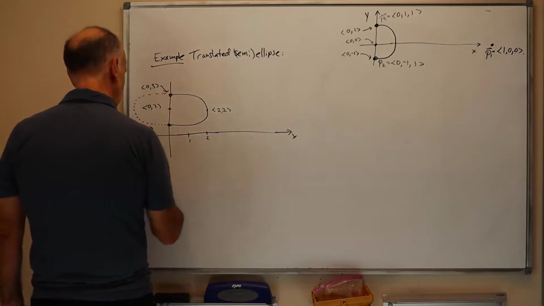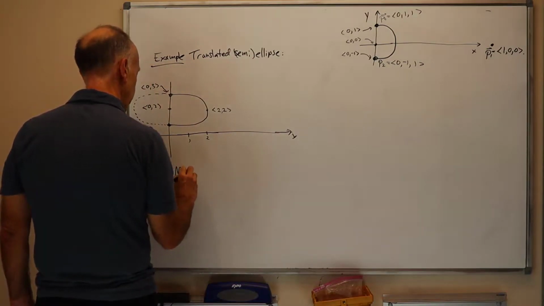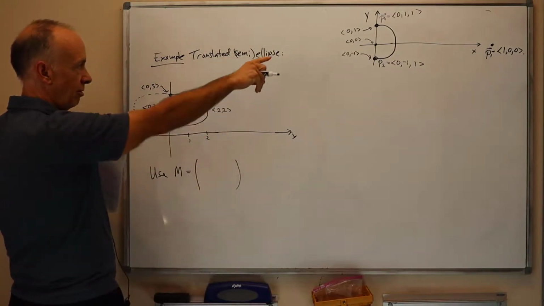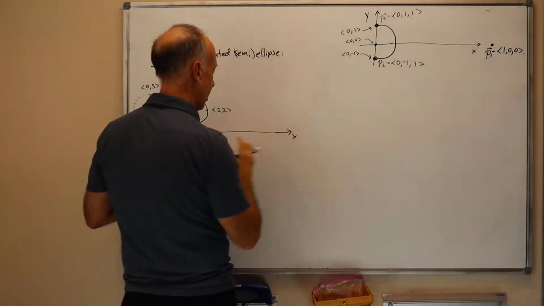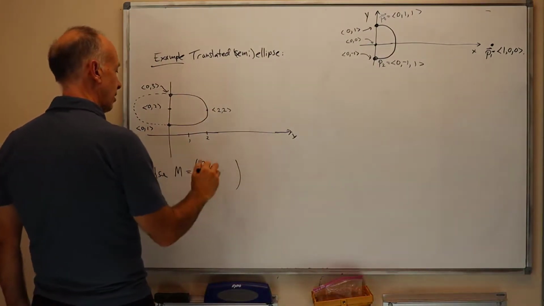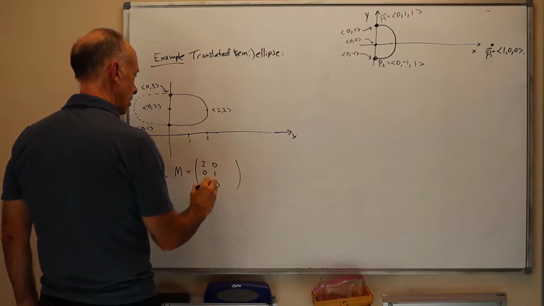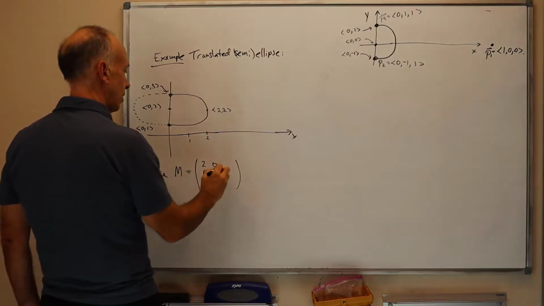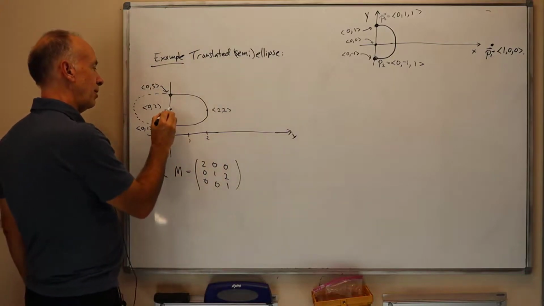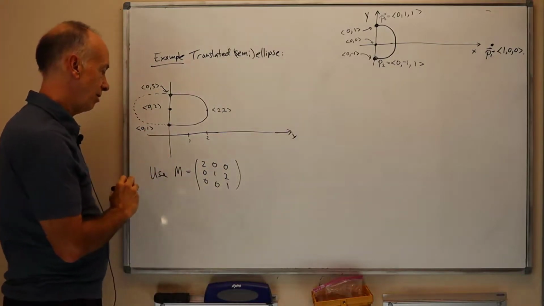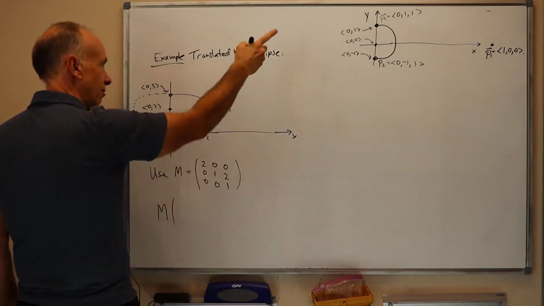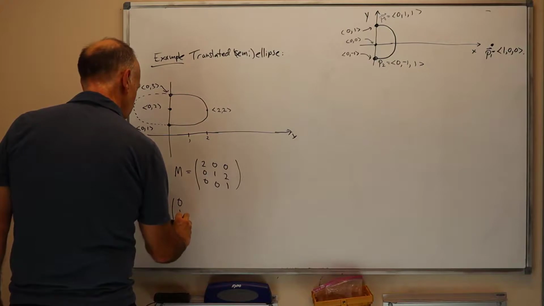So for this, we're going to use M equals what? Well, we're going to take the semicircle and scale by a factor 2 in the x direction. We're not going to do any scaling in the y direction, so it'll stay the same size in the y direction. And we're going to translate it up by 2, so the center of the ellipse is at (0, 2) instead of (0, 0). And now we can compute M applied to the original P0,